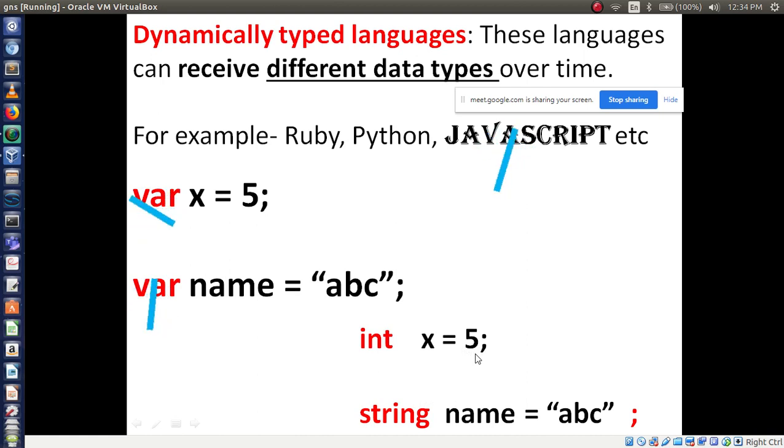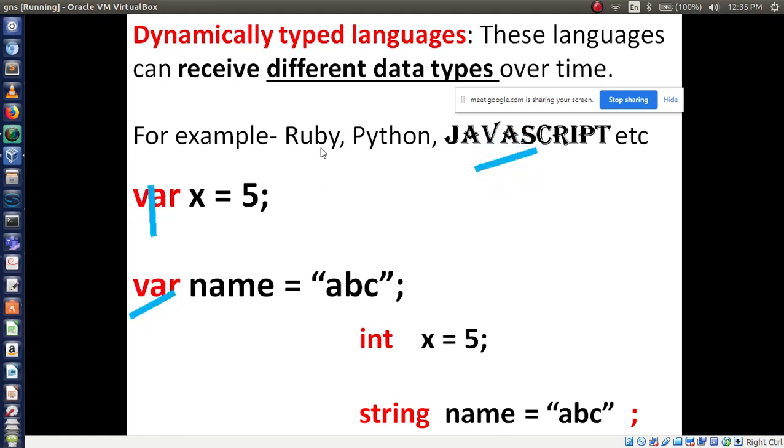So this is not the same in dynamically typed language. In dynamically typed language, once you define a variable, it will accept all kinds of data types, I mean values. You do not have to use int or string like that. The common keyword we use to declare the variable is var. This is a common thing, var. So it is called dynamically typed language.